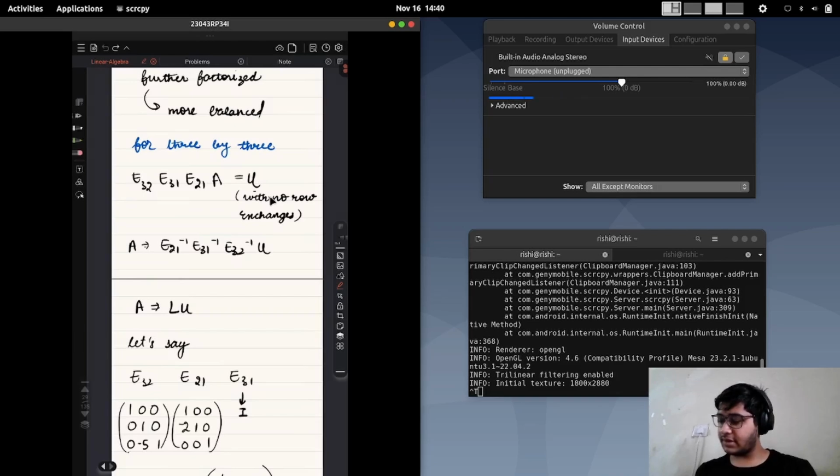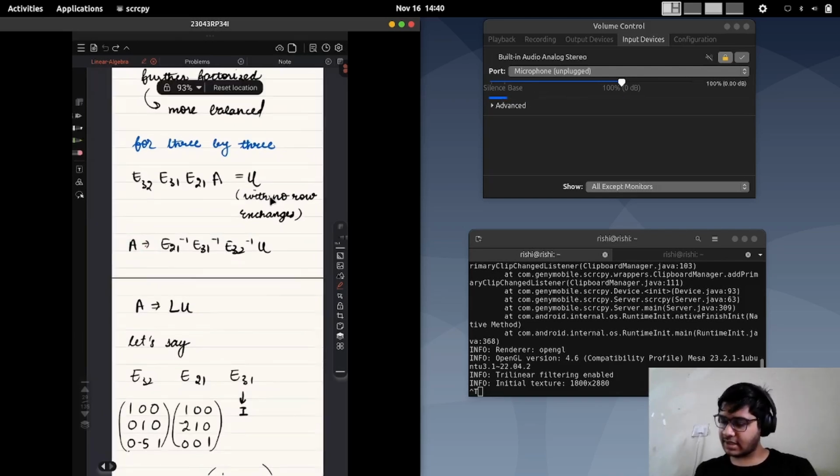With no row exchanges, we are considering no row exchanges. So A would be the inverse of this, into the inverse of this. We have to do three inverse multiplications of the elimination matrix to find the L of the LU decomposition. So this essentially means while we are